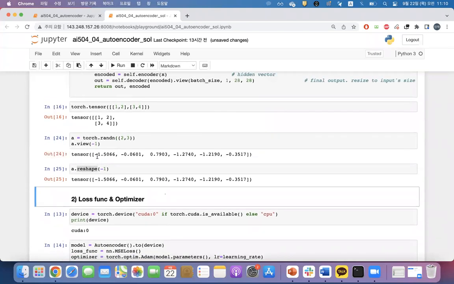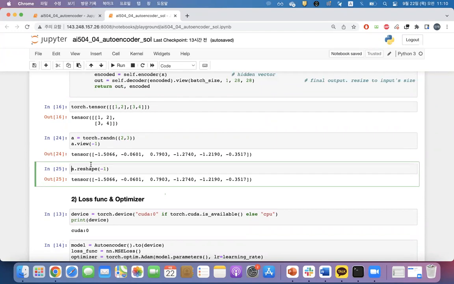The content is totally the same, but the difference between view and reshape is an issue of allocating memory. Contiguous means